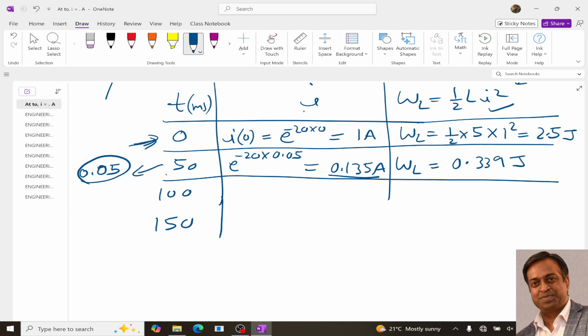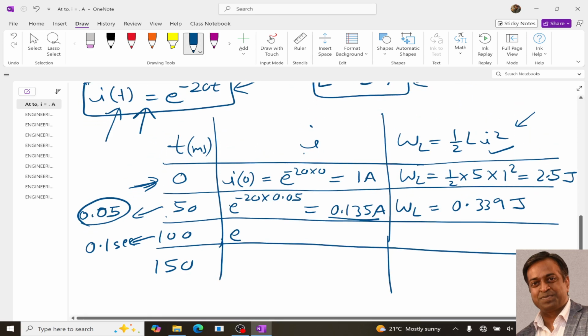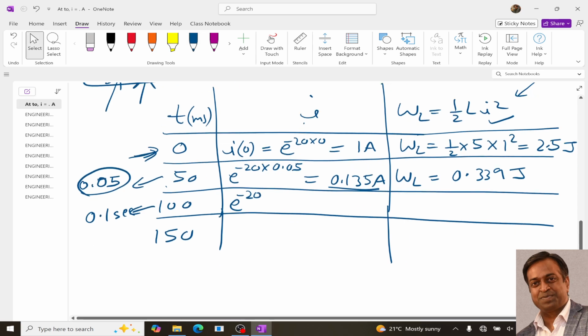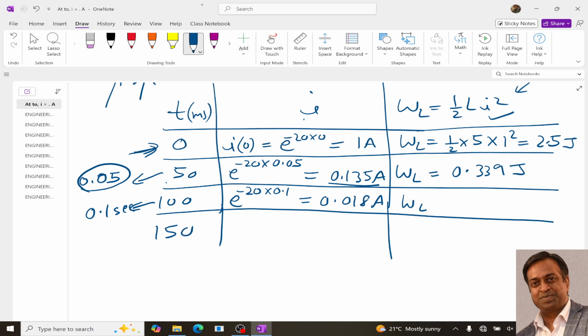0.339 joules. Now similarly for this one, this 100, it is 100 millisecond, it means 0.1 second, right? So if you substitute this value in this current expression, we will get e power minus 20 into 0.1. Solving this, you will get the current value as 0.018 amperes, right? And WL, substituting this value of current in this equation, you will get WL as